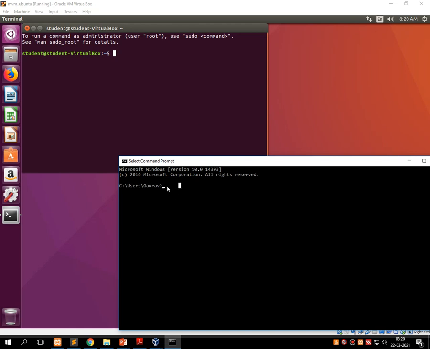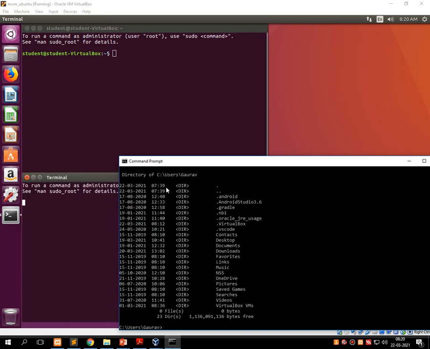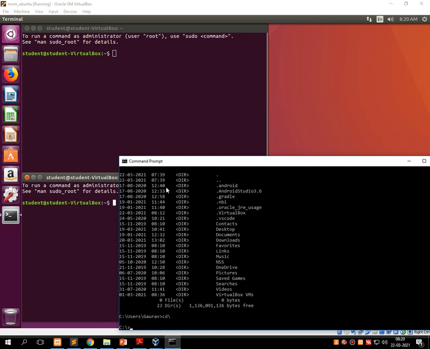Let me show you some basic Windows commands first. Say for example, here I am typing dir. It lists out the directories available in the subdirectory called Gaurav, which I have. Suppose I want to move to the main root directory, I just have to type cd and slash. It shows the C drive, which is just like this dollar prompt. Here this dollar means the root directory, and here C drive is the drive which I am using in Windows. Now suppose I want to move into another directory, so for that the command is the cd command,